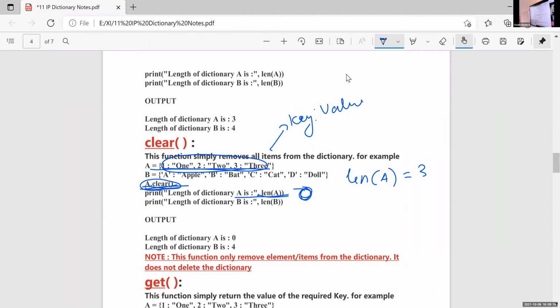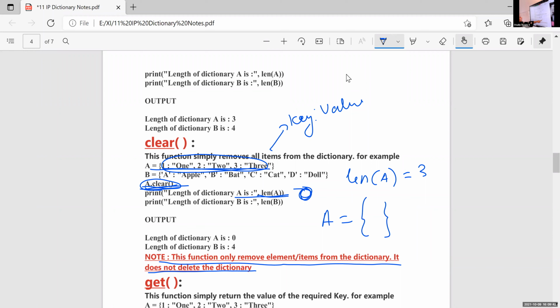For that purpose, we are using the built-in function clear. Then note this point: this function only removes elements from the dictionary. It does not delete the dictionary. That means we can use this dictionary name again. After this A dot clear, A is just like an empty dictionary.